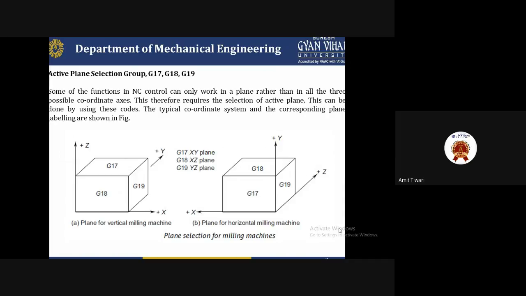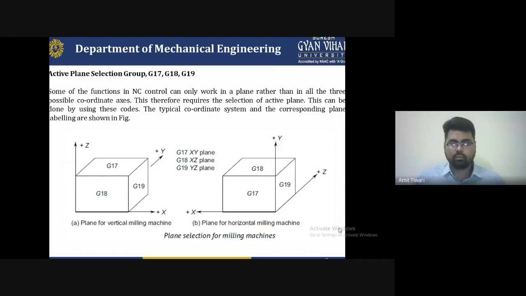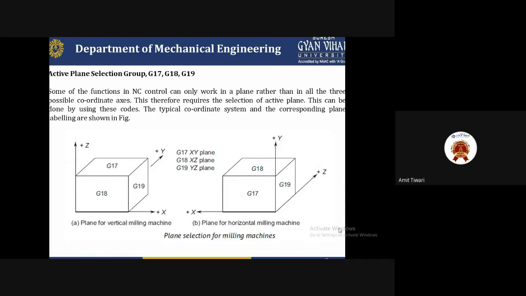Horizontal X direction, one dimension, two dimension, and three dimension. Depending upon the different criteria, if you are selecting the XY plane for one dimension, then the G17 code is what we use. For two dimensions, that is X and Y, you use G17 and G18. If you are working with three dimensions, you have to use G17, G18, and G19. So depending upon the plane or dimensions you are using during the operation. It's very simple. I hope you understand this work technique.